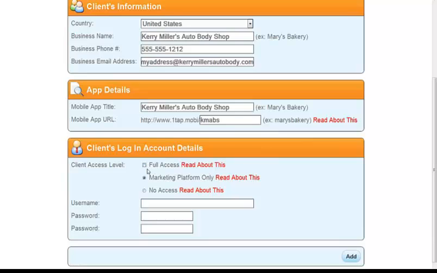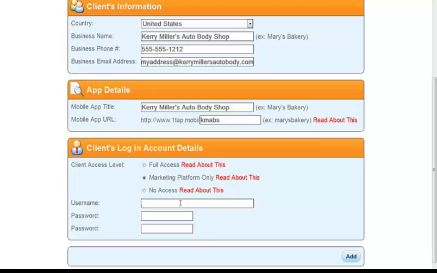If you give them full access, then they're going to have access to everything. They're going to be able to go in and edit their own apps. Now, if you do that, they need to understand if they go in and edit it, they go in and change it, they go in and mess it up, don't call you every day to fix it for them. That's why I recommend marketing platform only.